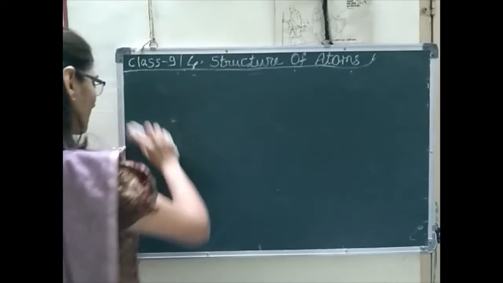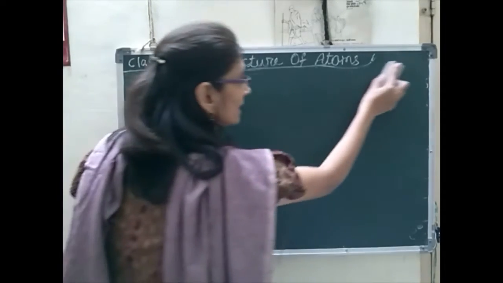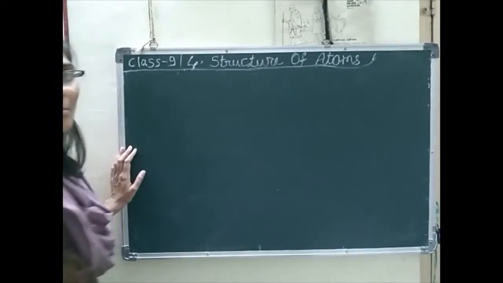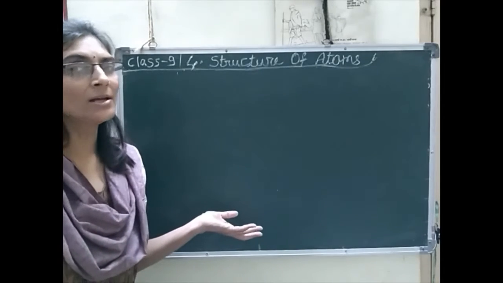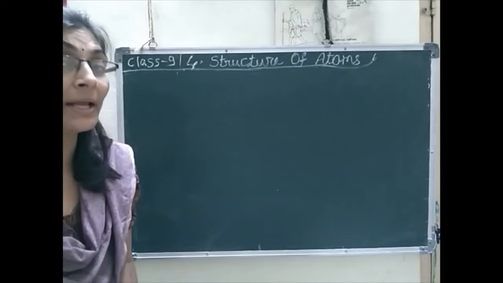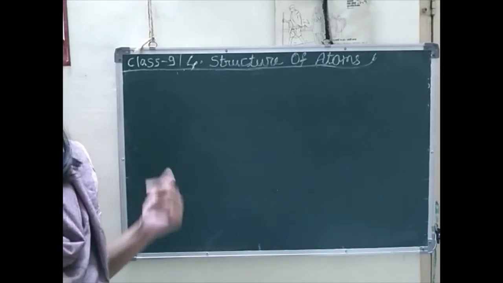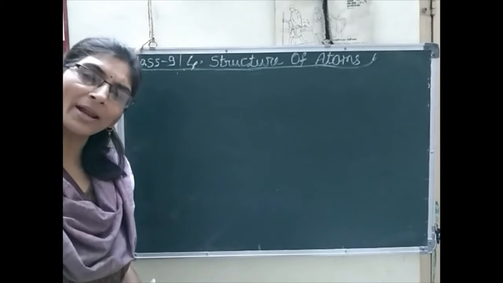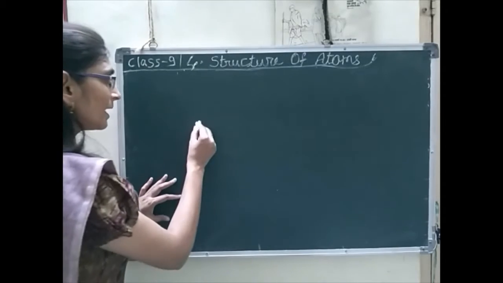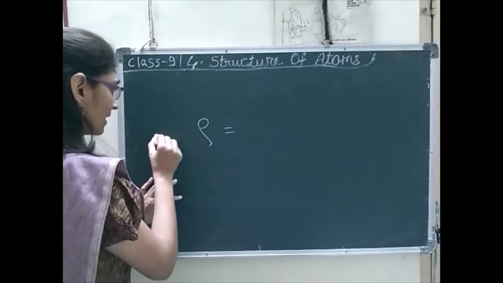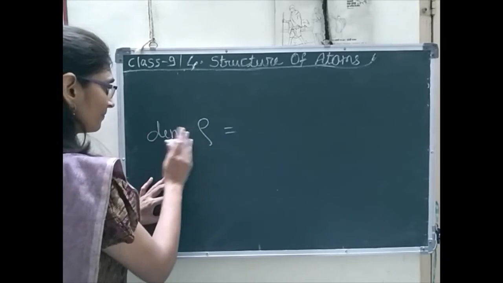The first characteristic, as we have seen through the examples, is that the mass number is different. As the mass is different, the properties which depend on mass are also different. So which property of an atom depends on mass? Density. What is density? Density is rho, the density of any atom.